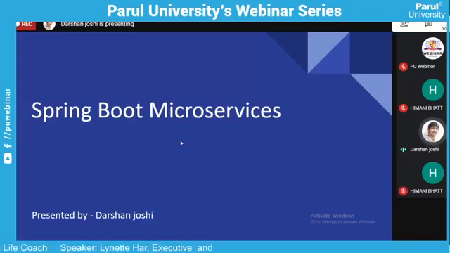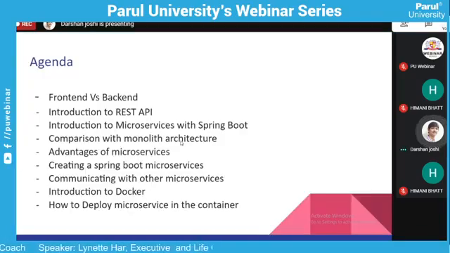Let's just start. We'll focus on today's agenda. First of all, we'll discuss what the front end and back end are, followed by an introduction to the back end, the REST APIs. After that, we'll discuss an introduction to microservices with Spring Boot. We'll compare the microservice architecture with the monolith architecture.